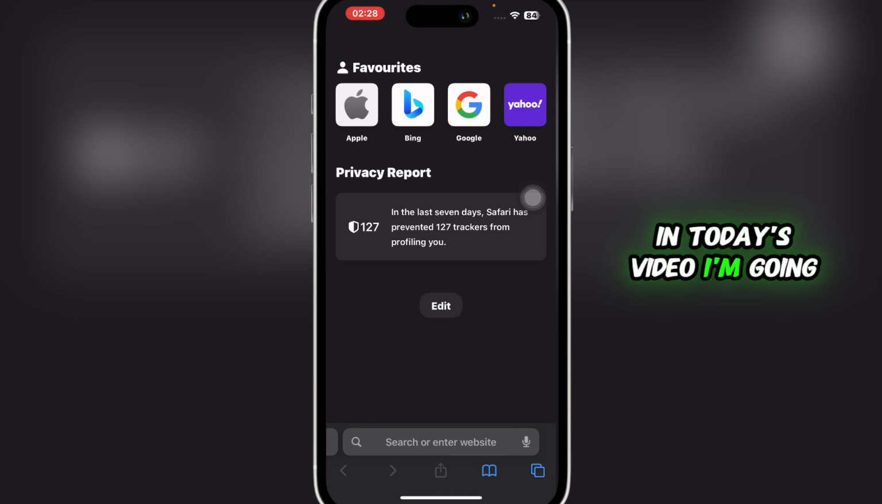In today's video, I'm going to give you a step-by-step guide on how to switch to the desktop version of a website in Safari on an iPhone. So let's get started. If you wish to have the complete desktop version of any specific website on your phone,